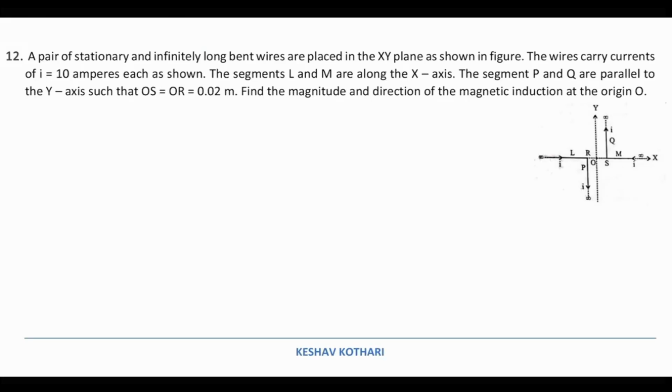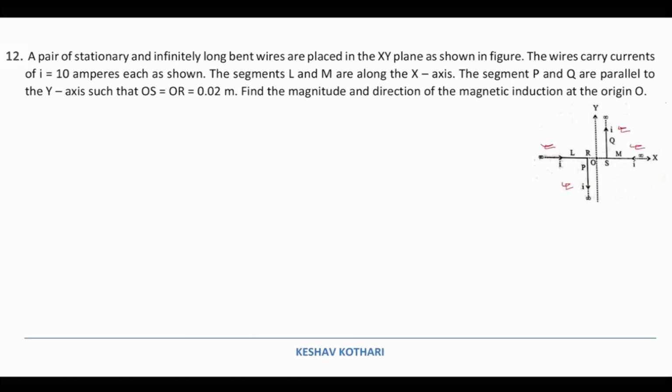A pair of stationary and infinitely long bent wires are placed in the xy plane as shown. The wires carry current of I equal to 10 amperes each as shown. The segments L and M are along the x-axis. The segments P and Q are parallel to the y-axis. So this one is L and M, and this one is P and Q,